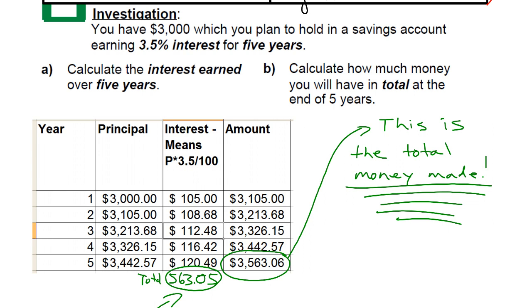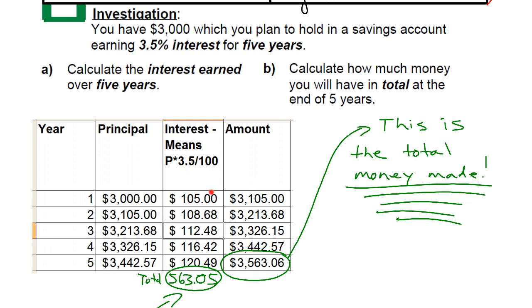Now, this is how we calculate it. The principal is the amount of money that you start with at the beginning of each year, okay? If you look at the year column, at the end of year 1, we end up with this amount of money. The reason why is because we take 3,000 and multiply by the 3.5% to get $105, which means we have